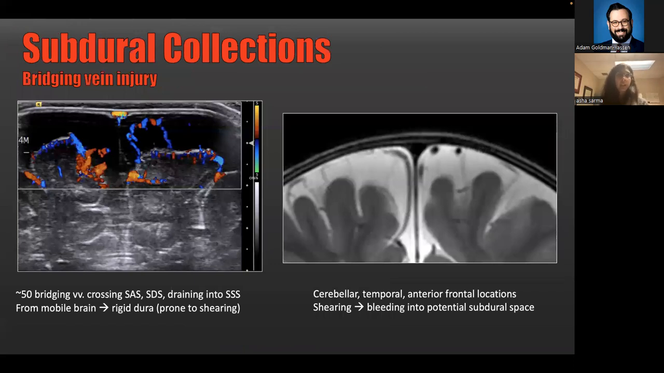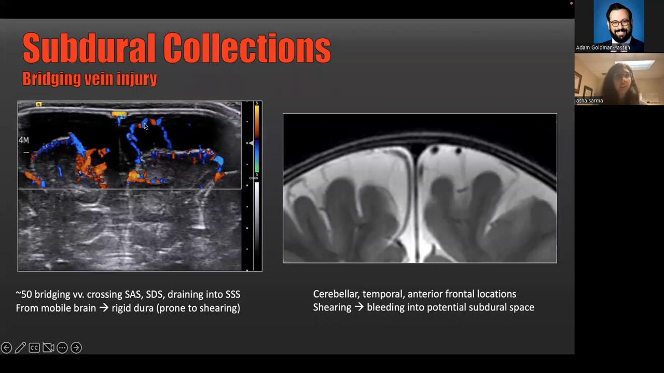Here, moving on to kind of a related point. So bridging vein injury is something that is increasingly well known, but is not known to many. So I just wanted to highlight this entity and its sort of distinctive appearance so that it can be recognized by many people. So here is an example of a normal head ultrasound with Doppler showing these cortical veins, and they go through the